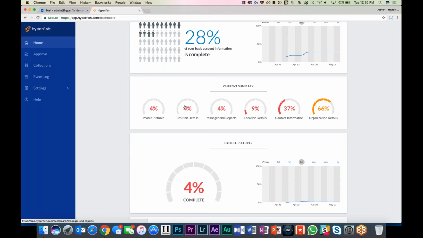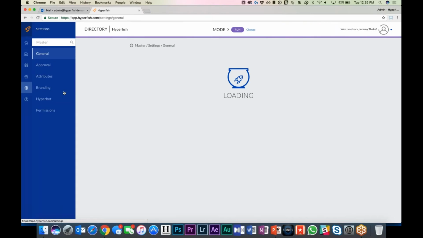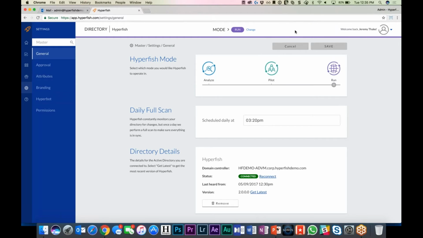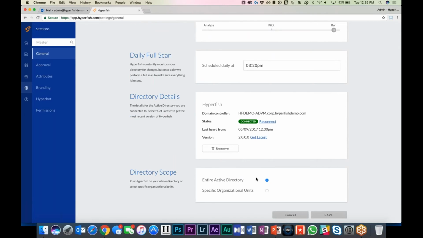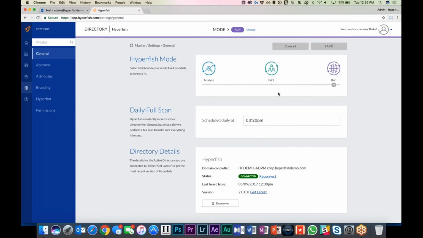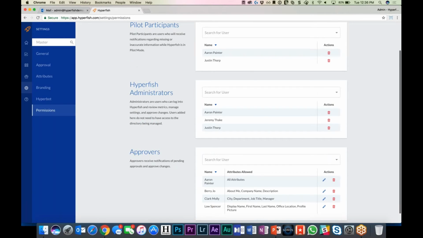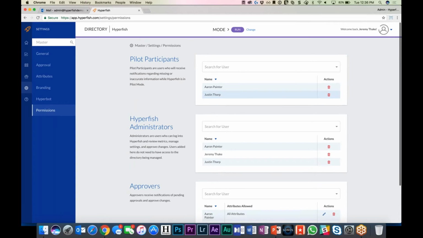And the way that the product can be deployed from a POC perspective is that we have different modes. Obviously, in my demo environment, I'm running this for my entire Active Directory, but I actually have the ability to run it as a pilot. And in a pilot, we can provide, sorry, at the top here, pilot participants. In this case, you can see that I've demoed this before with Aaron and Justin being the only people it connects to. And the nice part about that is that